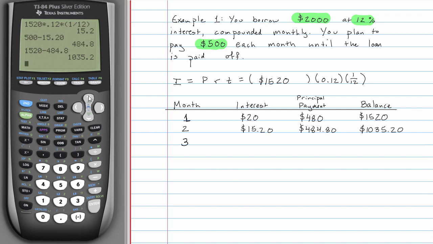Third month, instead of paying interest on $1,520, I pay interest on $1,035.20. Rounding that to the nearest cent, the interest I pay is $10.35,